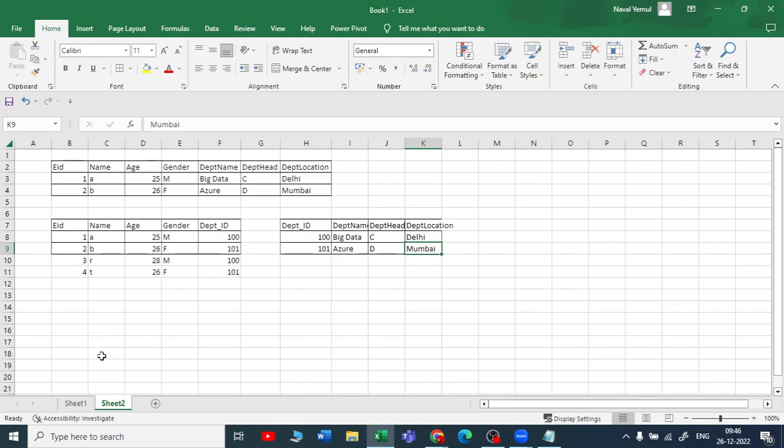Suppose the company is hiring for a new department. So I just add a new department here, 102, and it is for example machine learning, and the head is M and the location is Pune. Now, if new employees come in machine learning, like we are hiring 5 employees in machine learning,